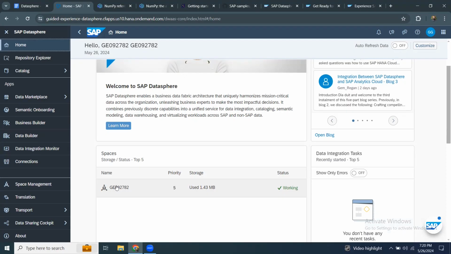The classification can be different, and it is done based on the company or the customer requirement. So I'm not going to go into the details of how the classification can be done in DataSphere while creating the spaces. Instead, I'm going to say that while creating the space, you allocate the memory and storage parameters to it. So you choose how much space you want to allocate to that particular space, and then it also shows this particular space. When you go into the space management, it shows